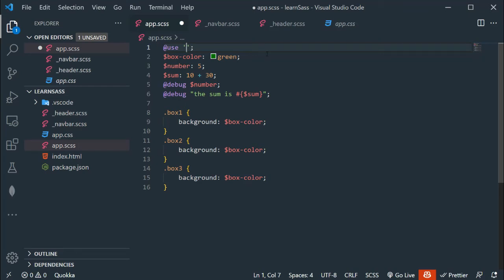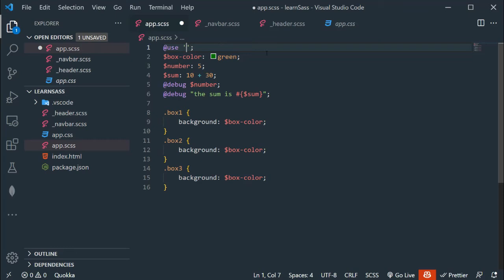We have to add the module name without the underscore and without the file extension, because SASS is very smart. So inside the quotes, first of all I want to access navbar.scss.